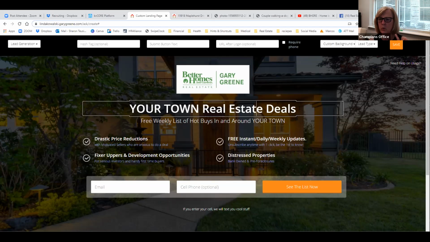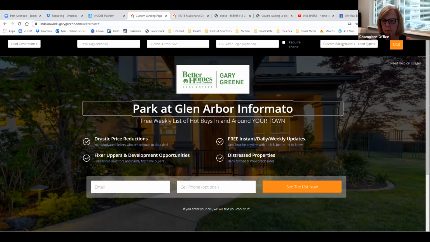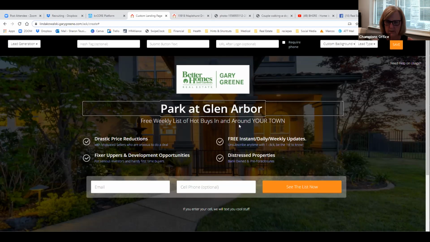If you want to, on a Word document, create your verbiage, like if you wanted to say here, my HOA is Park at Glen Arbor information, wherever you want to put. And if I wanted a different font, I could start that in Word and then copy and paste it so that I could just drop it in here. So let's say I wanted to do something on my neighborhood, Park at Glen Arbor. Maybe I would just put my neighborhood here and say HOA. And then underneath it, I can put